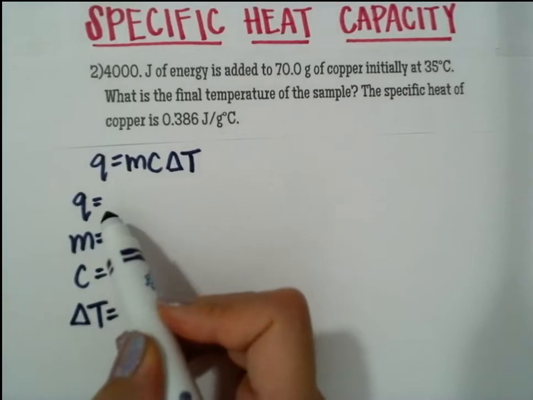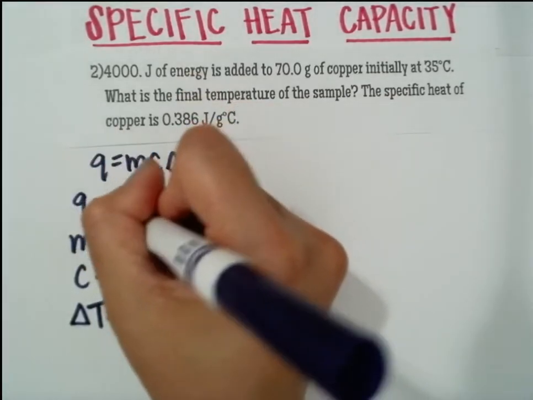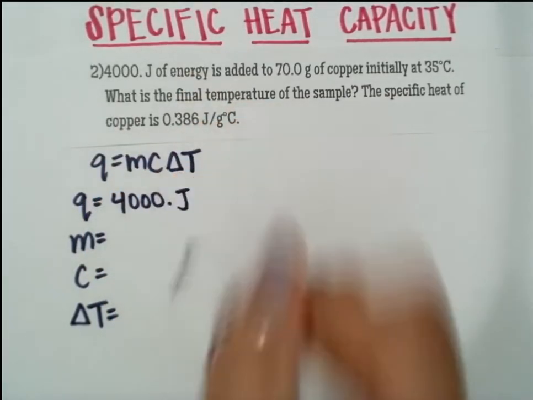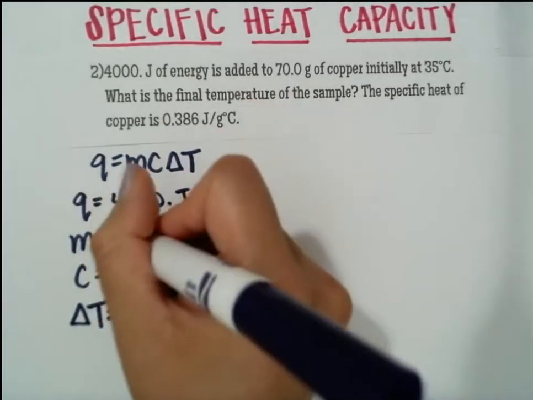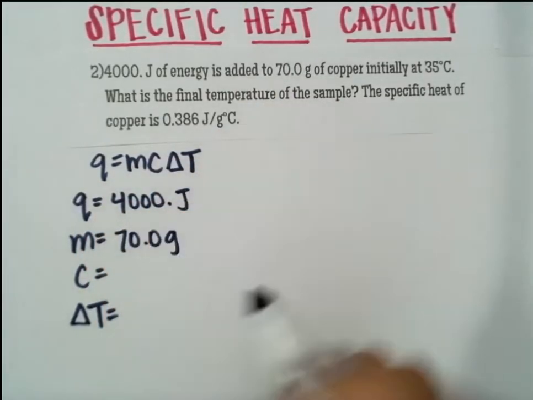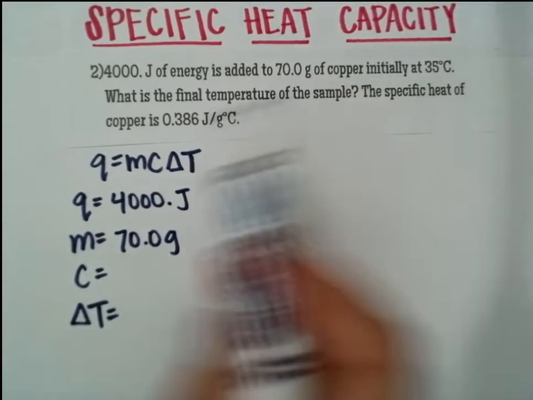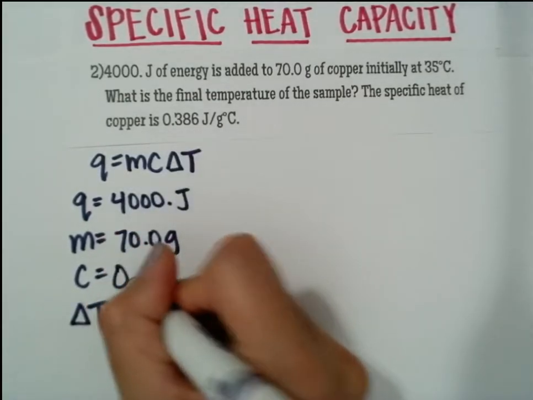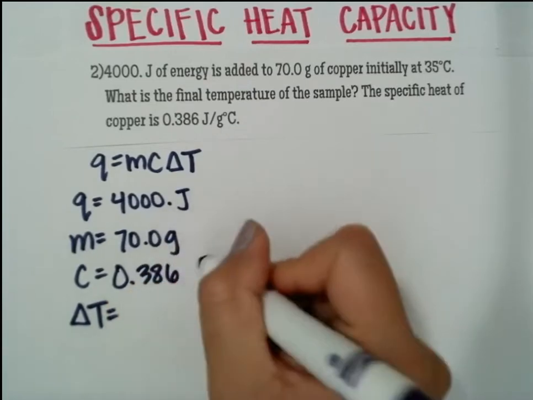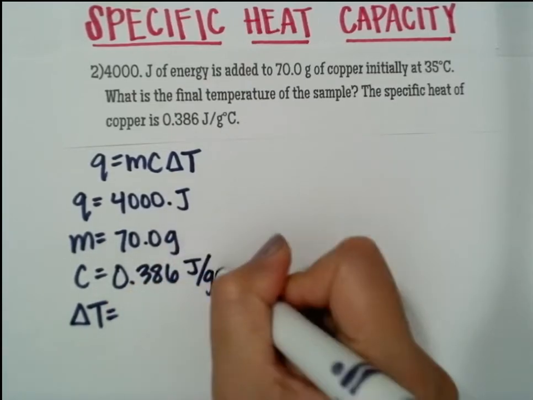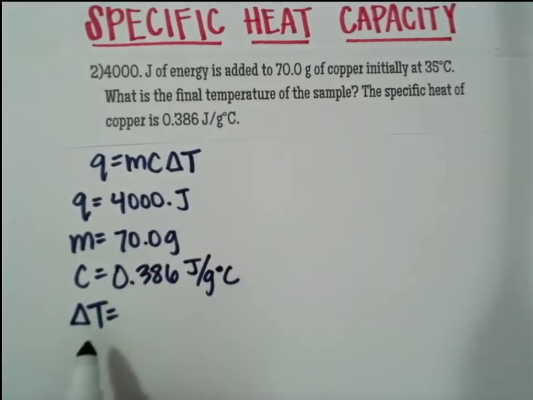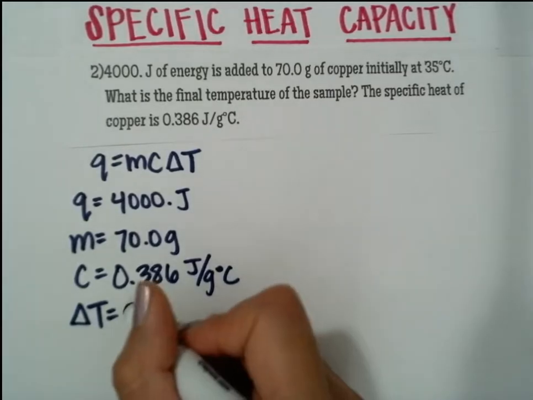Q, remember, is our energy, and it says 4,000 joules of energy. M is mass, so we're going to use 70.0 grams. C, remember, is specific heat. In this particular problem, we're looking at copper, and it gives you the specific heat, which is 0.386 joules per gram degree Celsius. And then our delta T, remember, that is our final